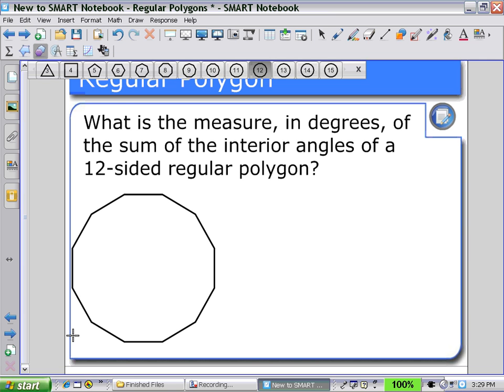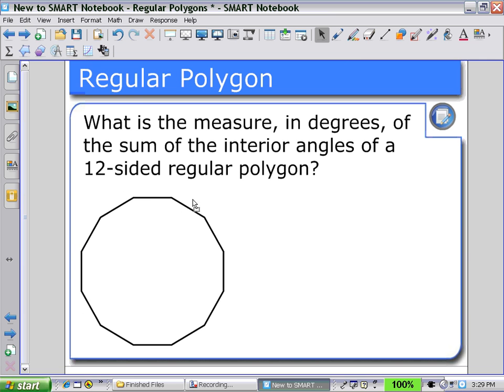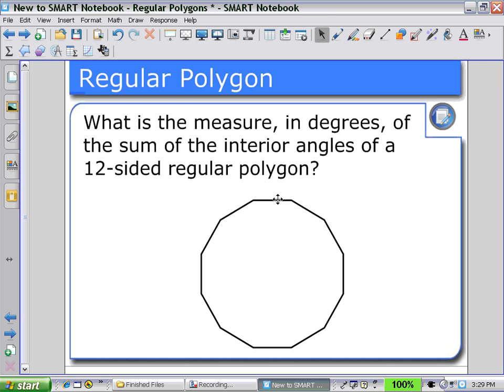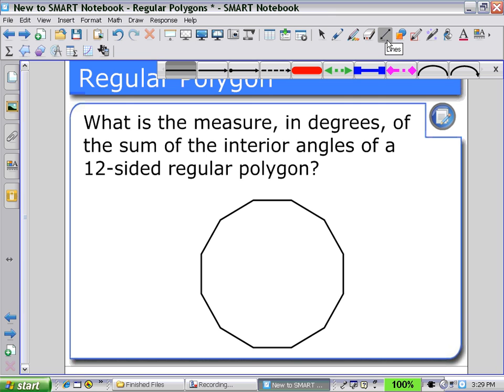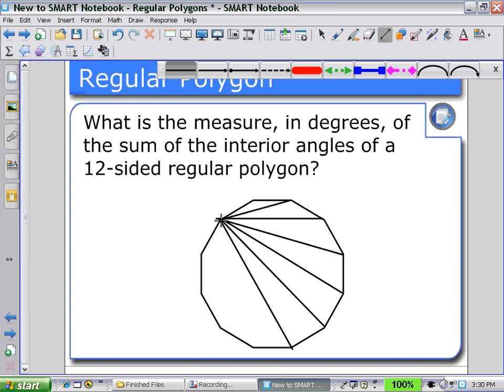on the workspace, selecting to move it into the workspace, and then selecting a line tool, I can now select a vertex and start to create a series of triangles as I move around my 12-sided polygon. I create up to 10 triangles, and